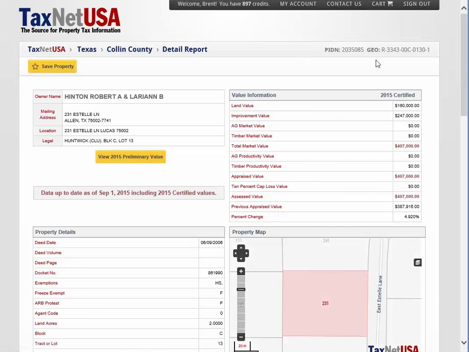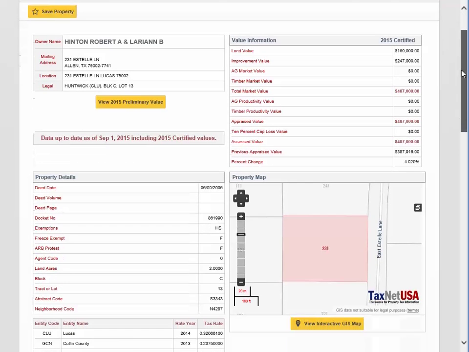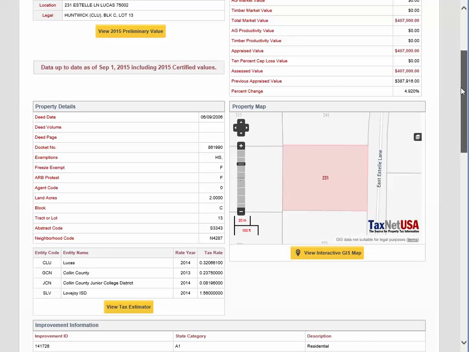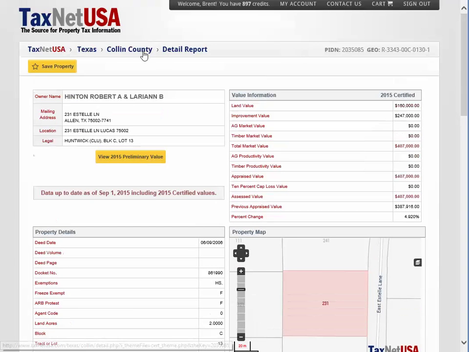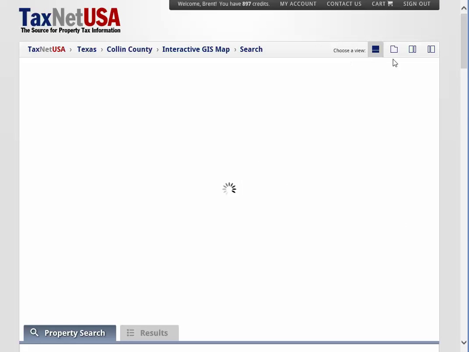Now, as you see, up comes information on that particular piece of property. What I want to zero in on is this neighborhood code. And if you notice here, the neighborhood code is N4287. So what we're going to do is use that neighborhood code to construct our mailing. So I'm going to go back to Collin County,